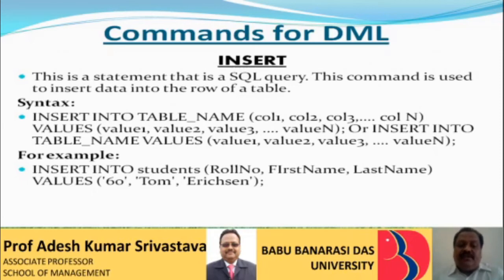So in the student table, the command will be insert into student, then roll number, first name and last name. So these are the three things that we want to insert. That we have mentioned first. Thereafter values, and we will now fill all the values of the given three columns, and all the values will be in single quotes separated by commas, and the parenthesis close, and then after that a semicolon. The semicolon is the end or termination of the command, which gives us a sign that the command is complete. So this is the insert command.